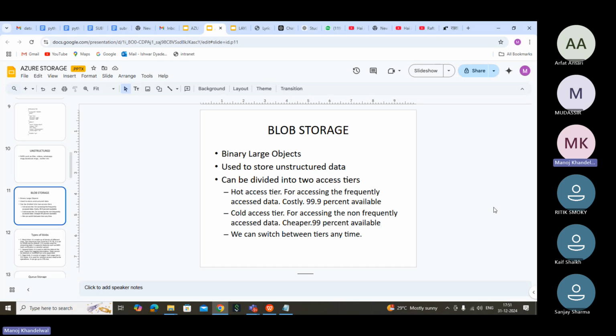What if the company has lots of data? They may have 10 TB of data, but they may not require all of it immediately. On a regular basis, maybe they are using 2 TB of data. The other 8 TB you can put in another blob and make it a cold tier. So it will cost you less. The cost of storage will be less. If I need that data, it takes a little time, but you will get it.